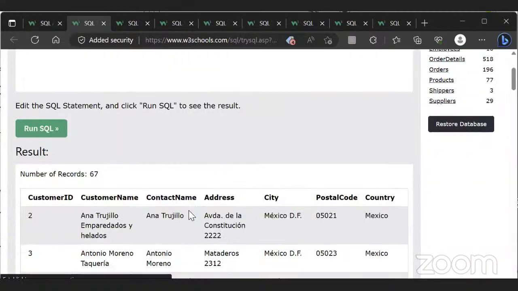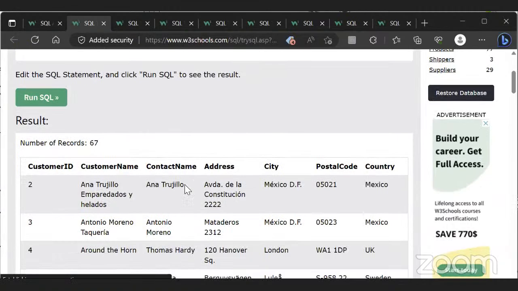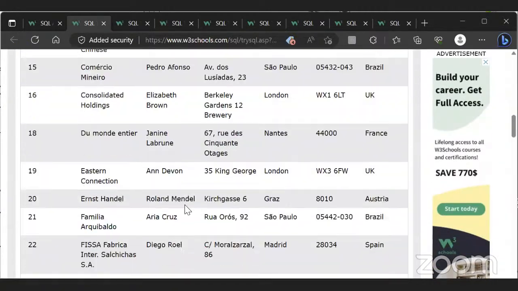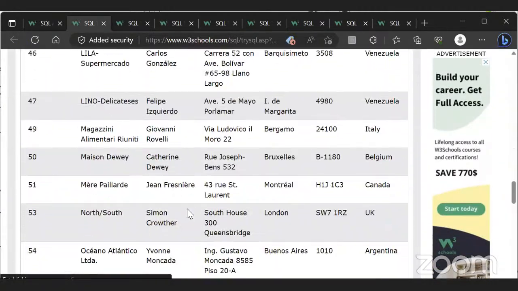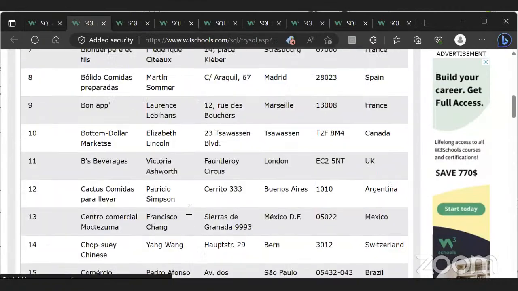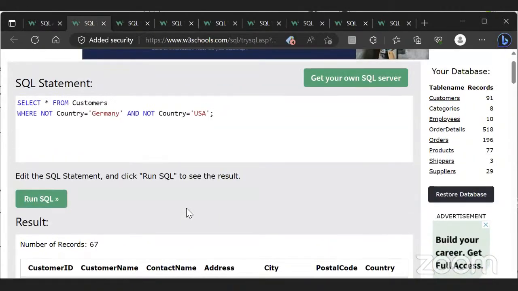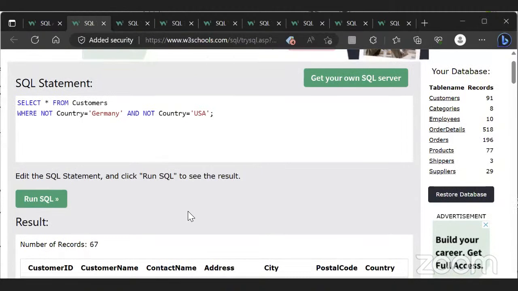So all countries other than Germany and USA are 67, right? So Germany was 11. So can you answer how many would be USA? 13,